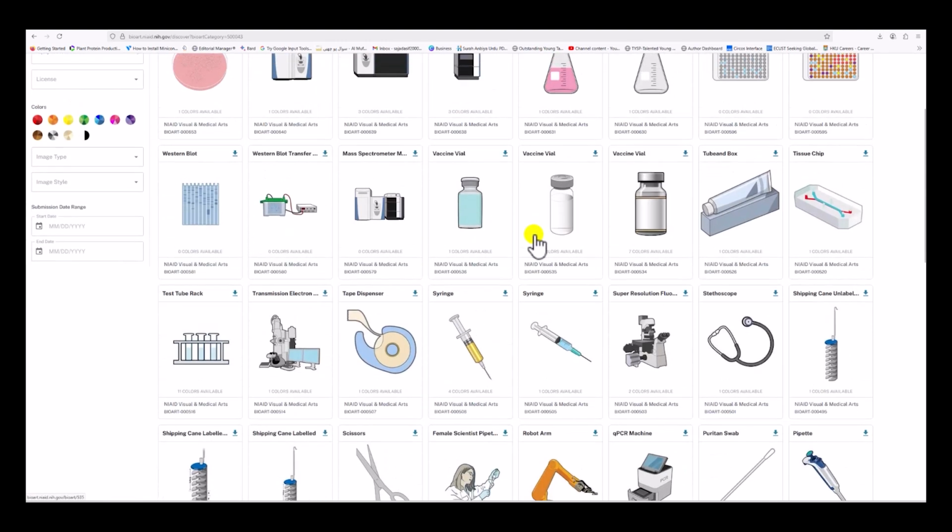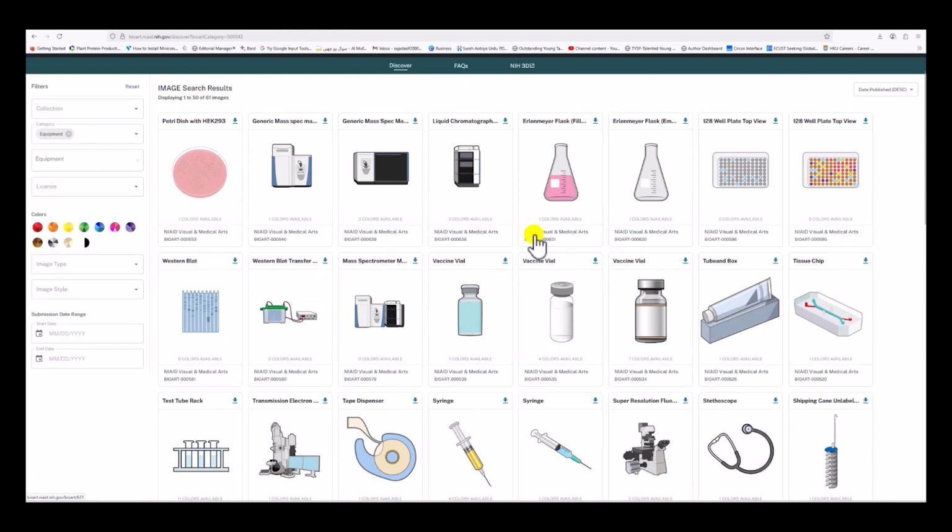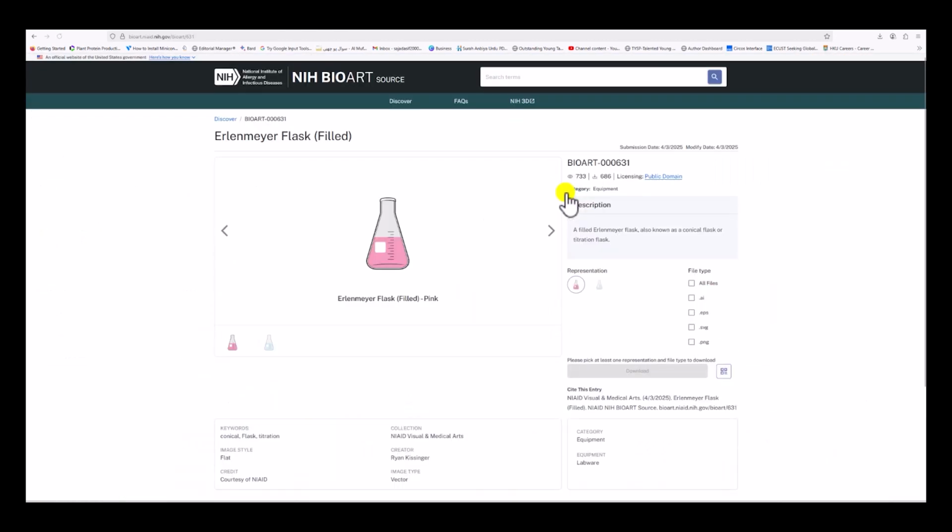If you want to use any equipment in your study, for example, I want to use this flask, I will click here. When you click, it will also show you different colors available, so you can choose according to your own choice.